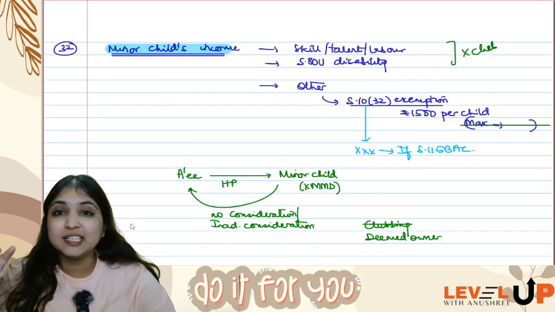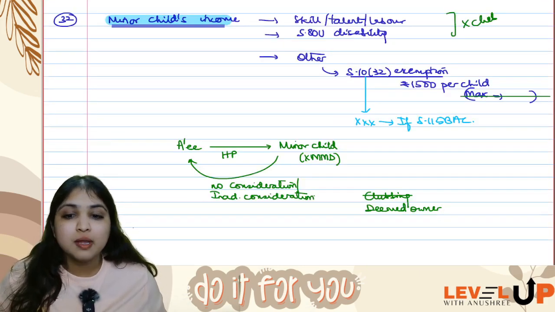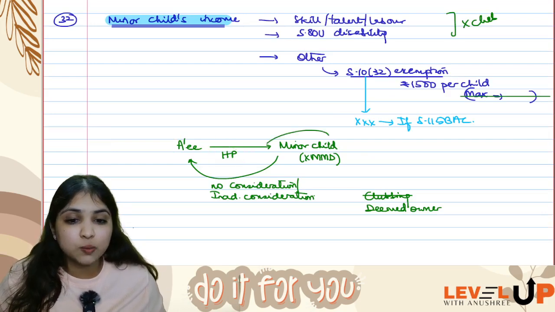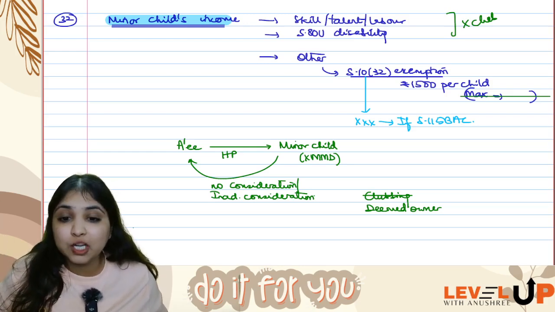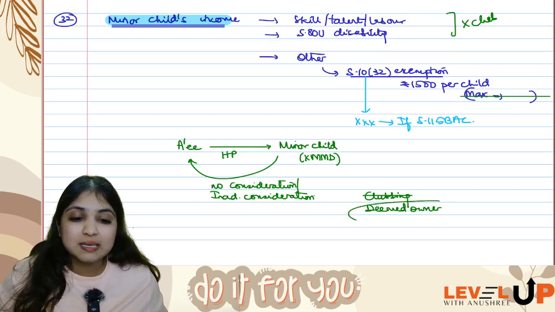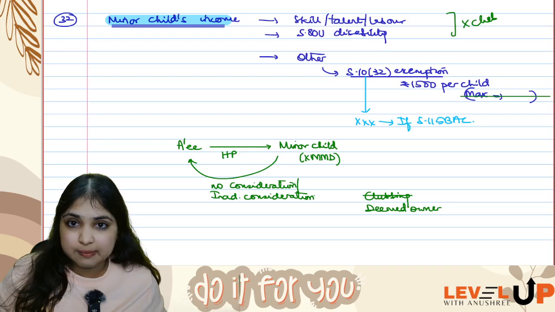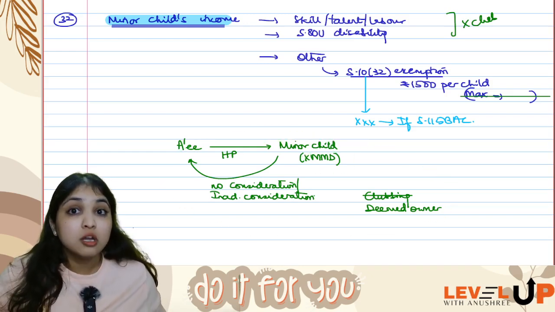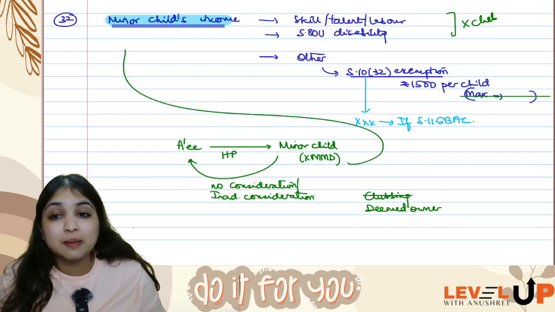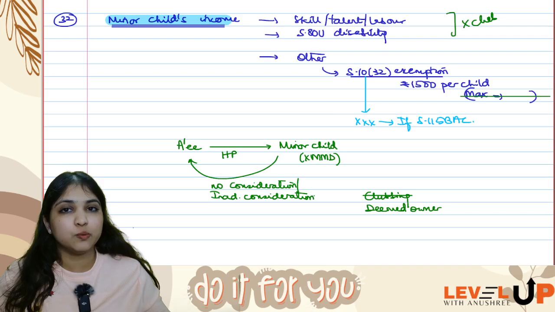Then relating to minor child, there is one more small point I wanted to discuss with you. If the assessee is giving house property to his minor child, other than a minor married daughter, for no consideration or inadequate consideration, the deemed donor concept under income from house property will apply, the clubbing concept will not apply. But this deemed donor concept will not apply to a minor married daughter. So for a minor married daughter, you will instead apply which concept? The clubbing concept you will apply.